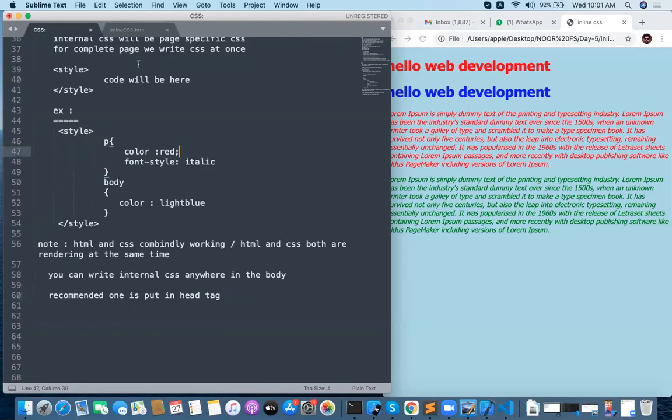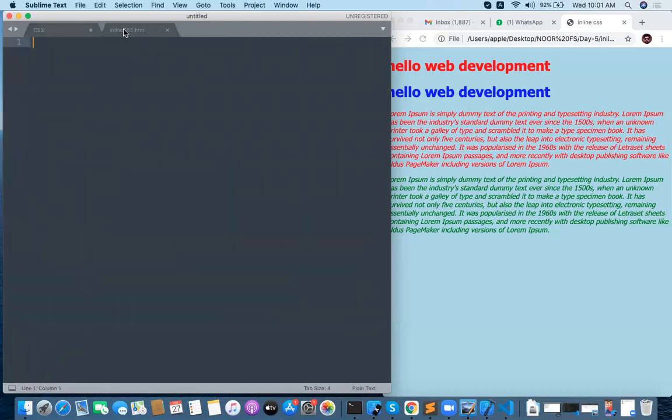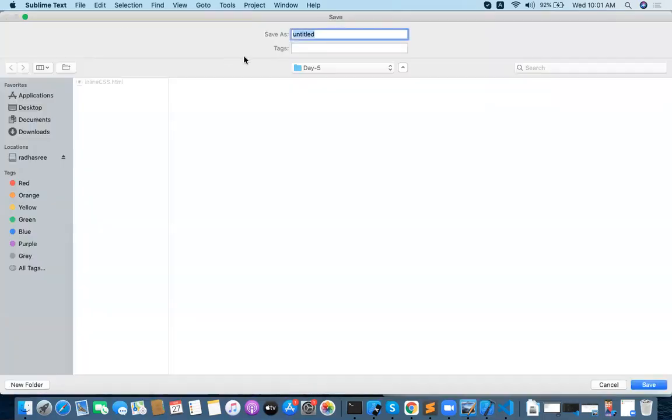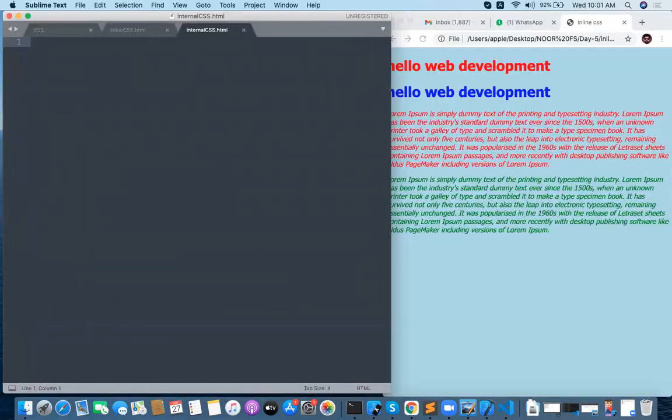Let me take one simple example of how to write internal CSS. Internal css.html. Let me take the same paragraphs.